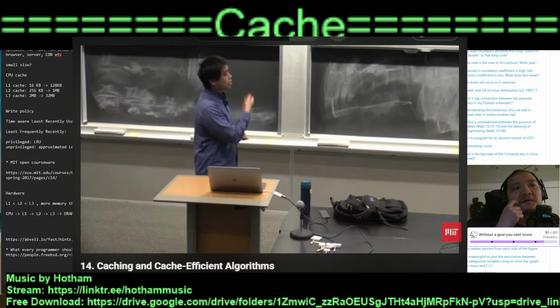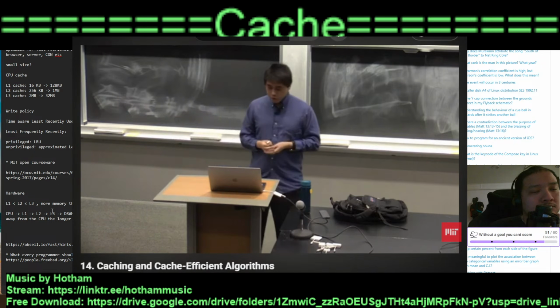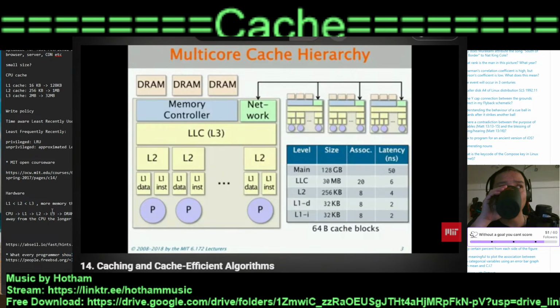The further away from the CPU, the longer it takes, because of physics and light. And the reason why the memories closer to the CPU in the cache hierarchy are faster is because they're